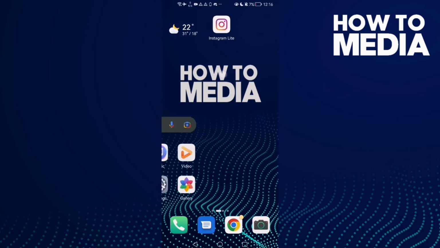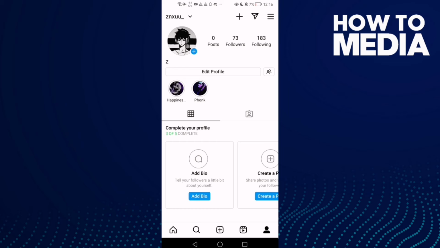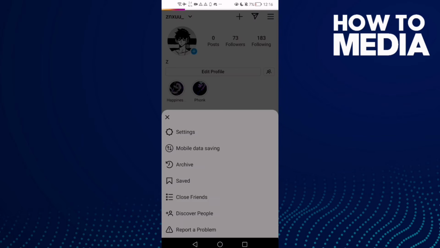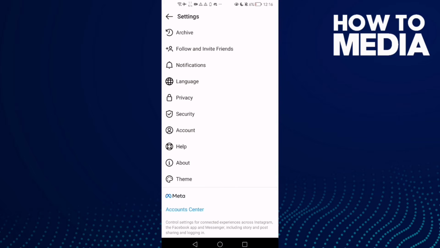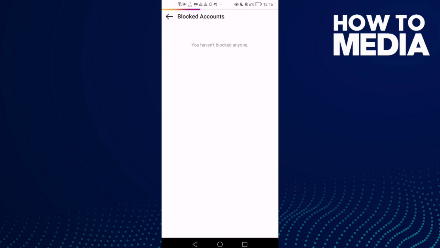First, open Instagram Lite, and then just click here on your profile and then click these three lines in the top corner, and here you will find settings. Click on it and then click privacy, and here you will find this one here, blocked accounts. Click on it, and as you see here you can find your blocked accounts on Instagram Lite,